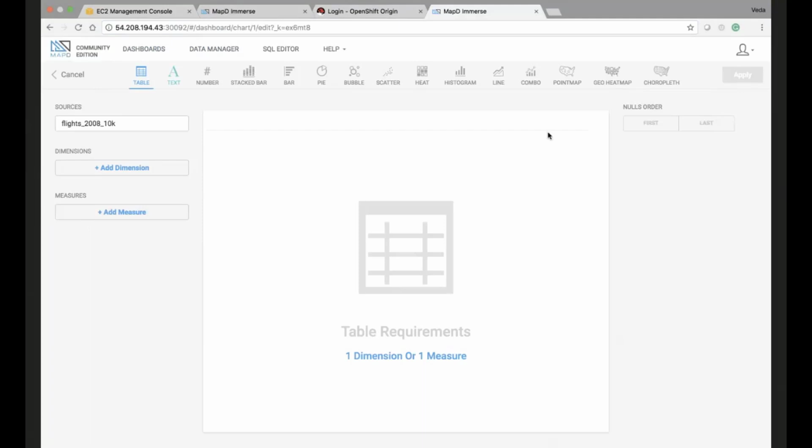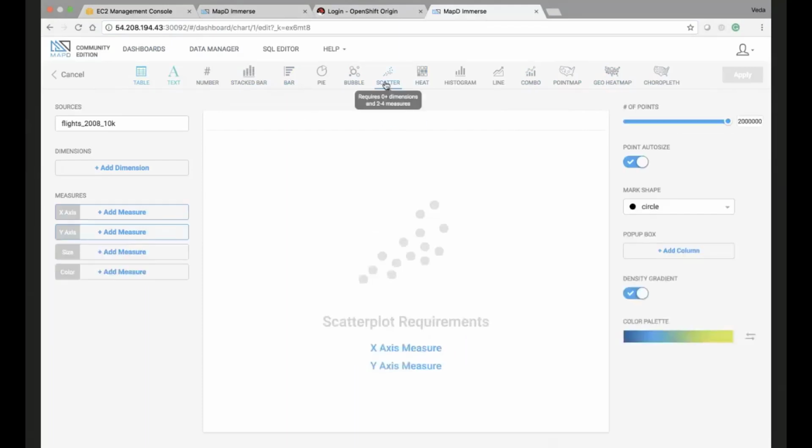So first, we're going to select what kind of chart we want. We want to create a scatter plot, which is right here. And as I was mentioning before, you see a combination of pretty complex charts like point map, geo heat map, choropleth, all of them using geographic information and rendered in the back end by the GPU. Whereas you have all these bar, pie, and line charts which are rendered on the front end. So we're going to select the scatter plot,